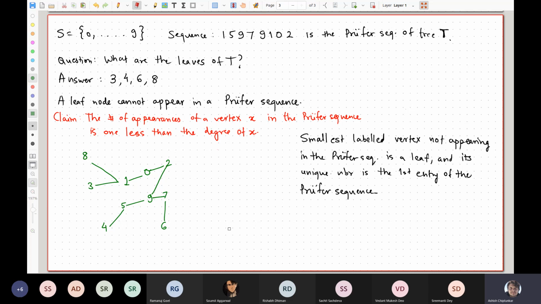Okay, is it clear? Absolutely. Right, so maybe I'll give you some trivial problems to construct trees from sequences and vice versa, just for the sake of practice. I think even I'll have to practice it because I messed it up somewhere. But I hope the idea is clear at least. So this is the way you construct a tree from a prefer sequence.